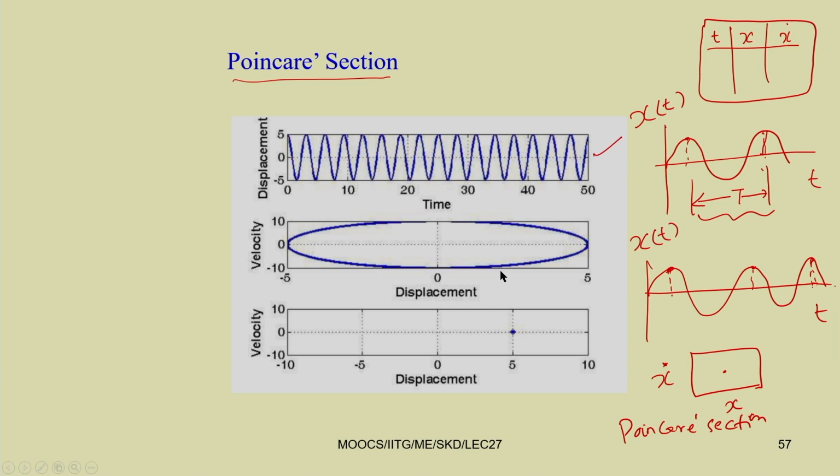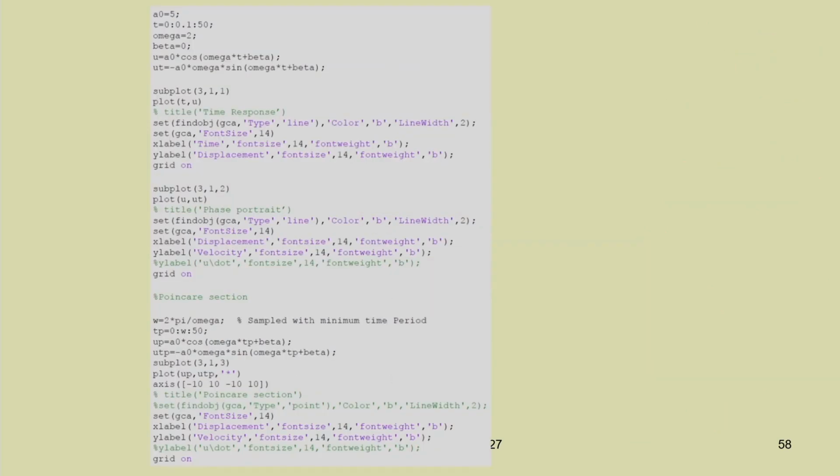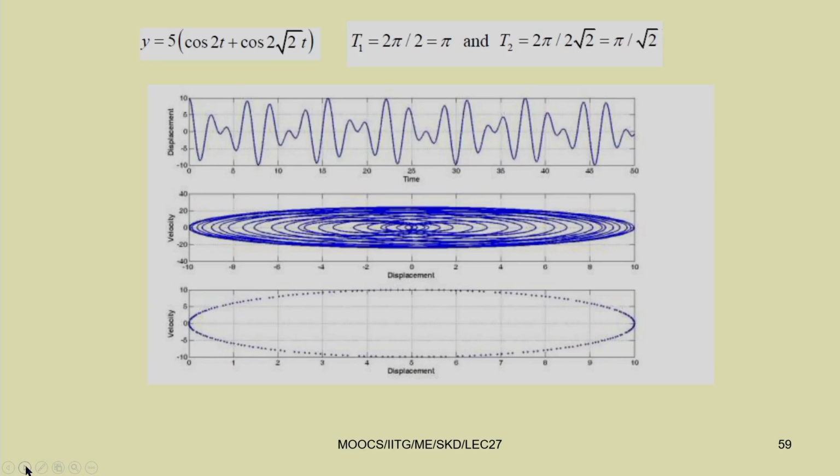This is the time. Now in this case also let us sample it here. These are the points, and everywhere you get the same point. Whatever number of cycles you take, you are getting the same point, and this is the value. You can write a code of your own. This is a code given for plotting the Poincare section, so you can use this code or write your own code to find the Poincare section.